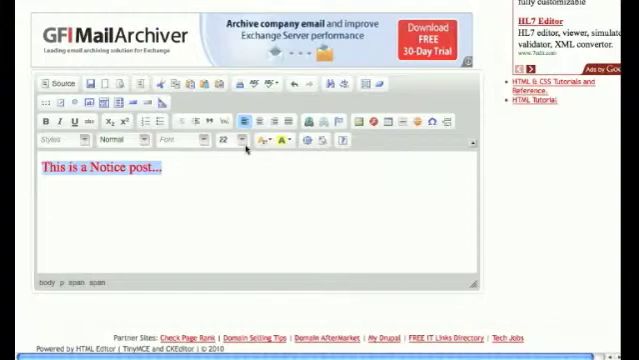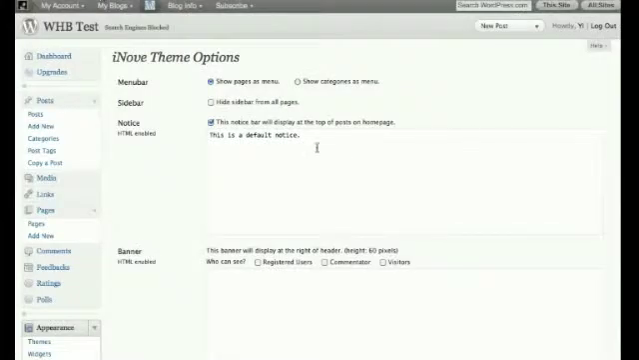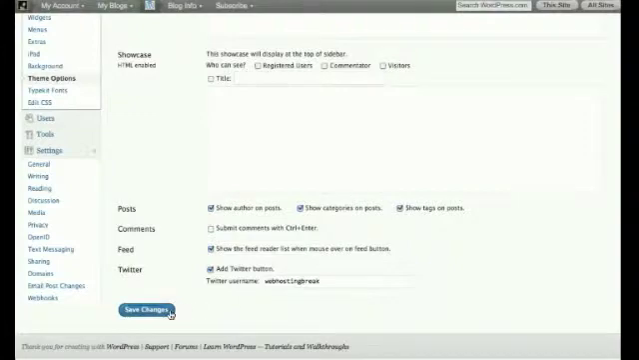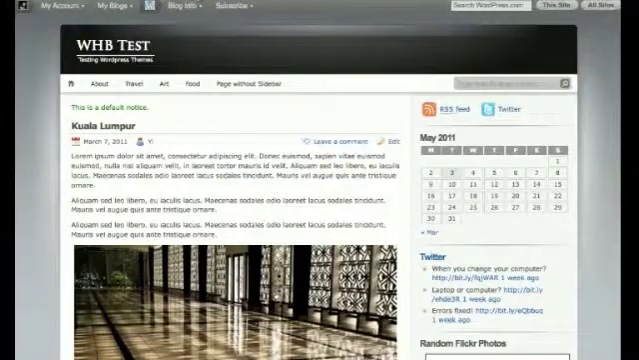I can make the font larger as well. Okay, and once I'm happy with this, I simply click on source, and it gives me the HTML source. So I simply copy this, go back to the back end, and then paste this. Here we go, and then save changes. So go to the front, refresh,